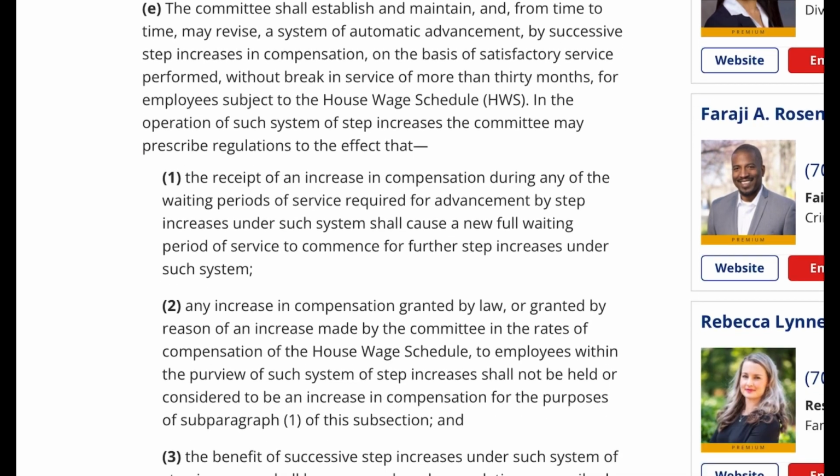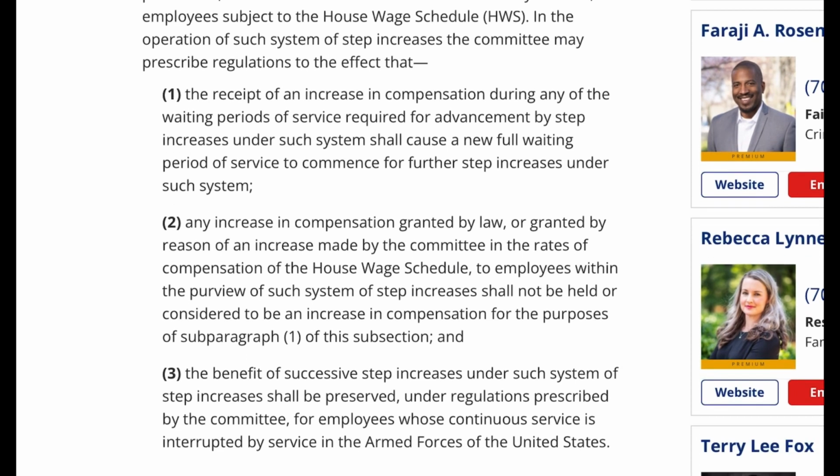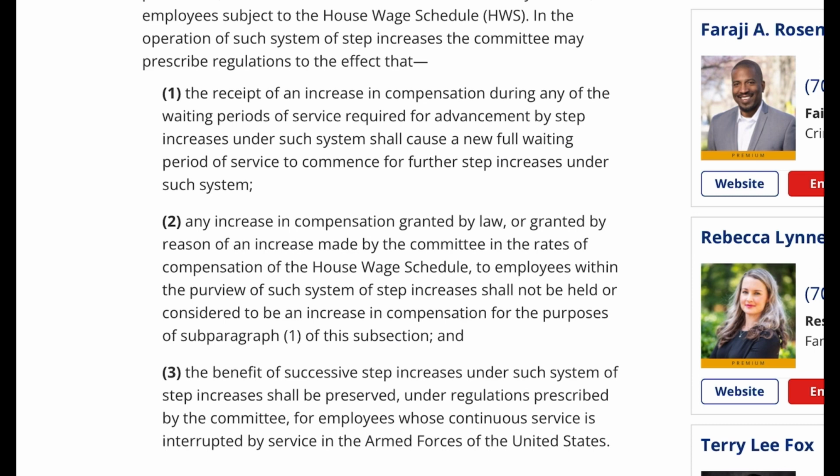The receipt of an increase in compensation during any of the waiting periods of service required for advancement by step increases under such system shall cause a new full waiting period of service to commence for further step increases under such system, 2. Any increase in compensation granted by law, or granted by reason of an increase made by the committee in the rates of compensation of the House wage schedule, to employees within the purview of such system of step increases shall not be held or considered to be an increase in compensation for the purposes of subparagraph 1 of this